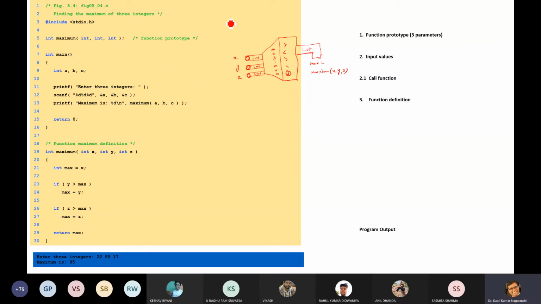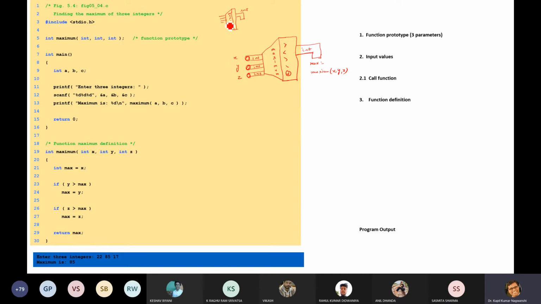If we design this same machine without any definition, we can also create a prototype of this machine. This is the prototype machine, and it will return an integer value. We have not written anything else. It will return integer, and the name of the function is maximum.